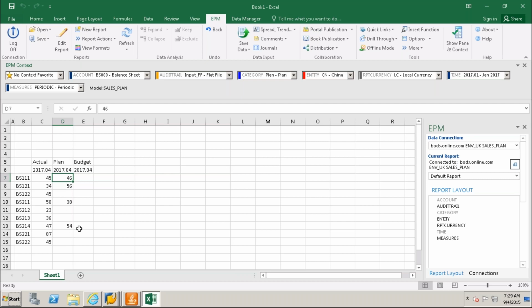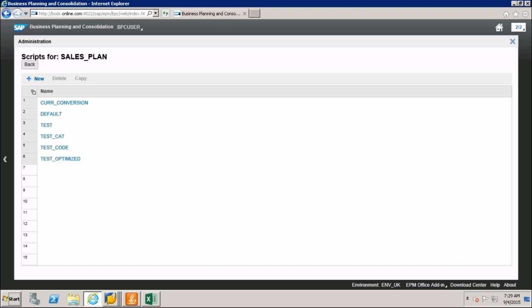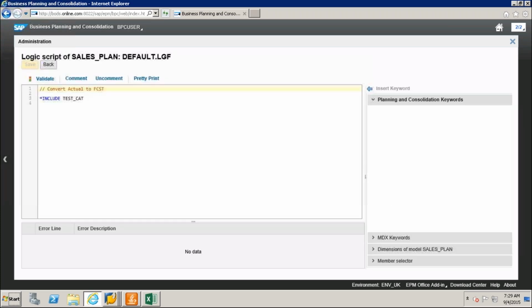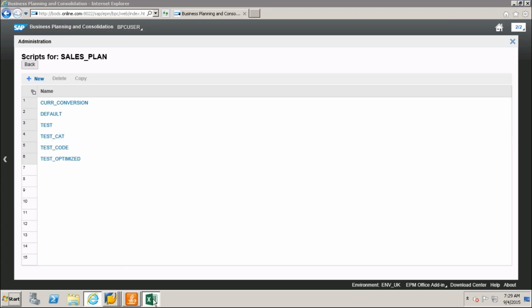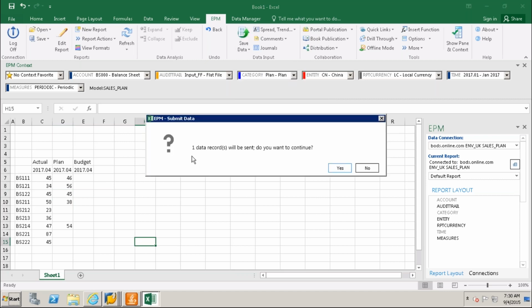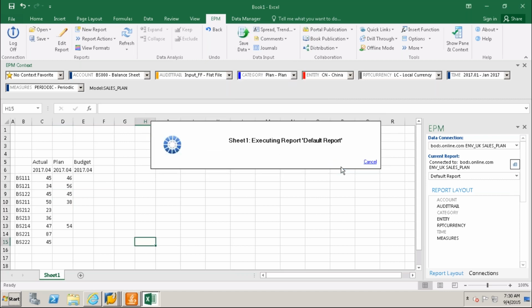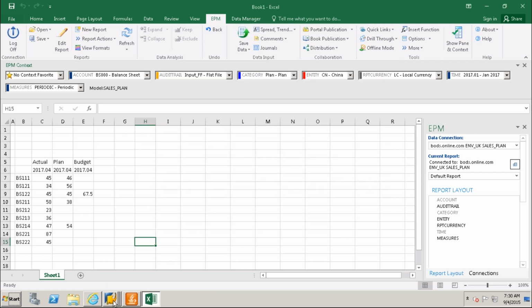So now what I'm going to do is, the same script logic I have kept in the default logic. In the default, the script is there, test_CTA. So when I enter the value here, 45, and when I save, it is writing into the database. When it is writing into the database, immediately the script will execute